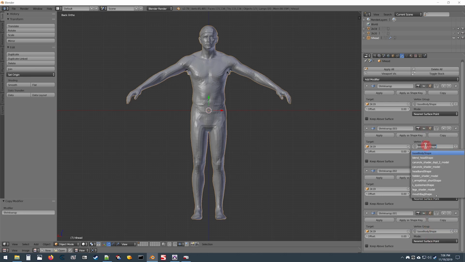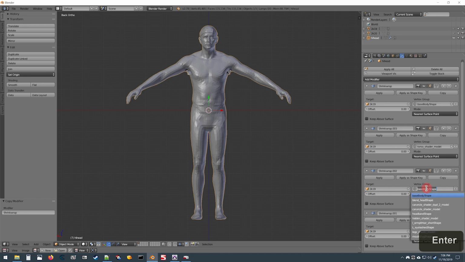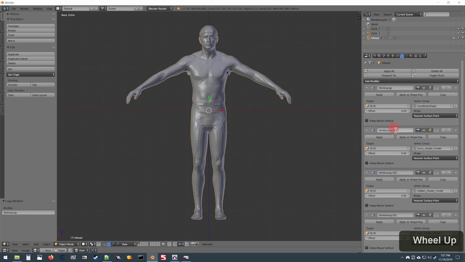Go to the vertex group for the second one, change that to torso shader model. Third one, hidden shader model. Fourth one, legs shader model. Okay, and with that being done, we can go ahead and scroll up here, hit apply all,